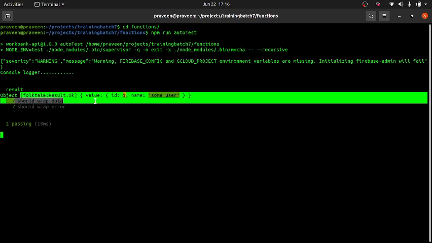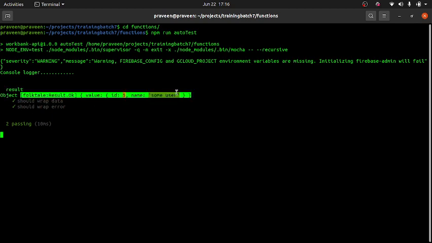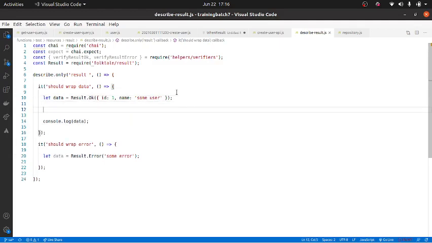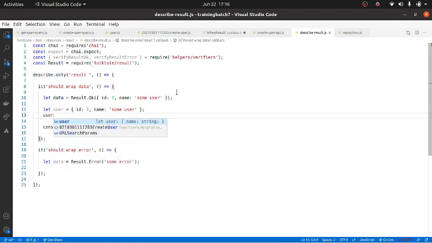Now the whole thing is how do I utilize this? If it was just a plain object, let us say let user equal to this thing, it is easy to use, right? I can tell user dot id equal to 1, or whatever I want, because the data is there, I can access it.